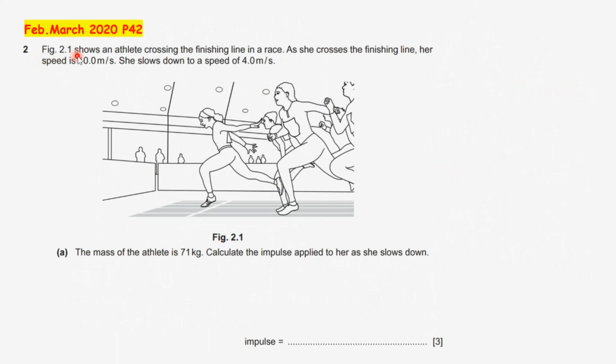Question 2. Figure 2.1 shows an athlete crossing the finishing line in a race. As she crosses the finishing line, her speed is 10 meters per second, and this is the initial speed, symbolized by u, and she slows down to a speed of 4 meters per second, which represents the final speed, symbolized by